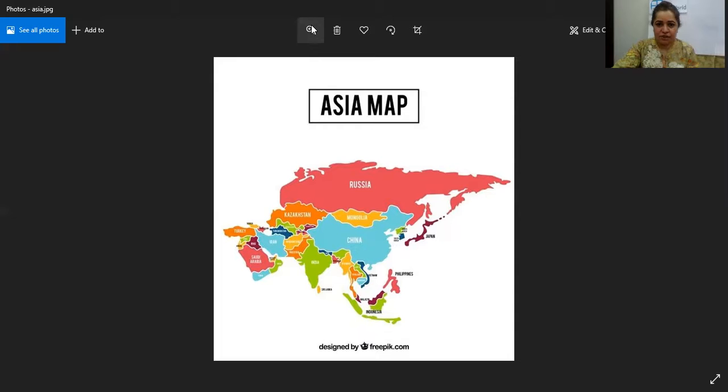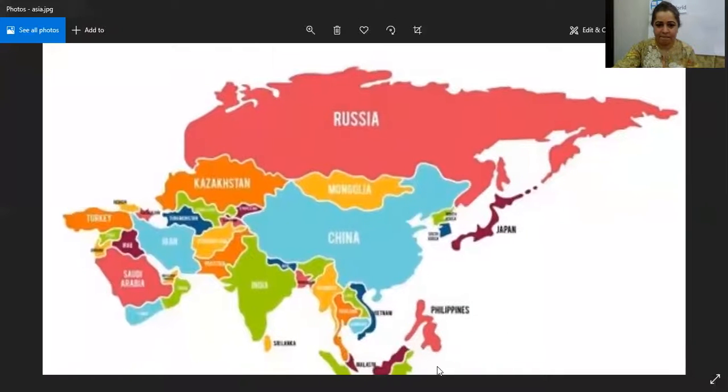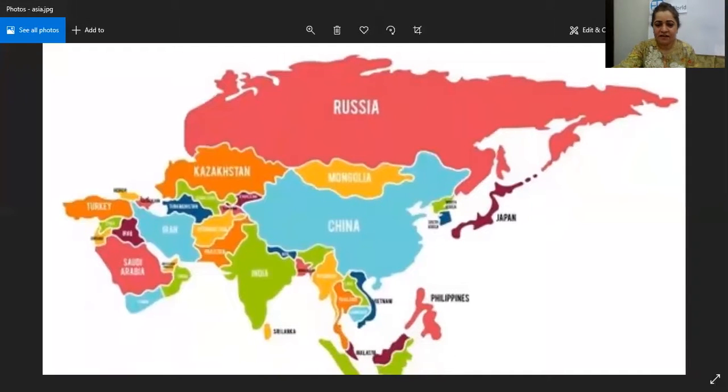And if we just, yeah, see? Now you can see that Turkey is here, and Russia is here. Some of the part of Russia is in Europe because Europe is over here, and some of the part of Turkey is in Europe because Europe is over here, right? So in Russia, you can see there are a couple of many countries because this is the largest continent.